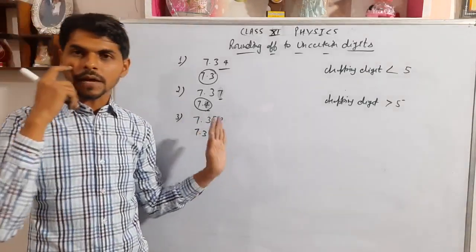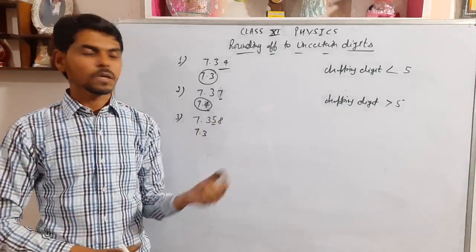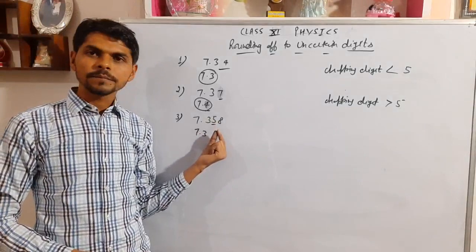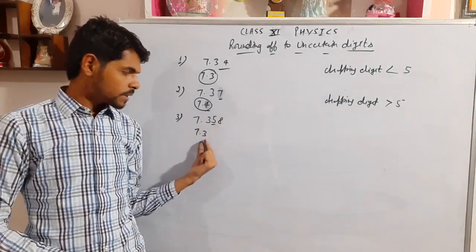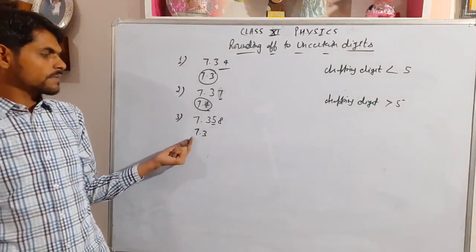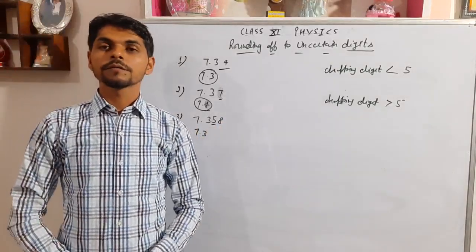The digit after that does not matter. If you drop 5, the digits after it are dropped automatically. So you have to drop the next digit just after that significant figure. You were asked to solve it to two significant figures. 7 and 3 are the two. We have to drop the 5.